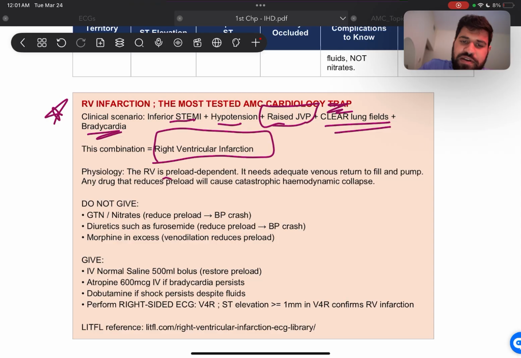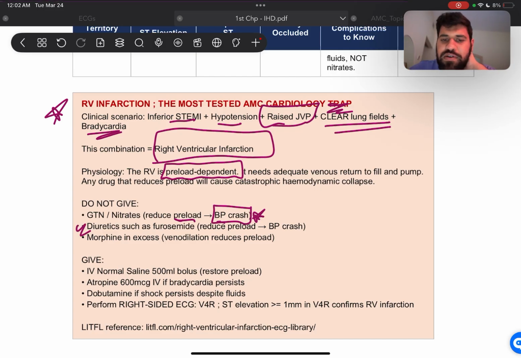Now, as I said earlier, the right ventricle is preload dependent. If you don't know what preload is, think of the heart as a balloon, which it is. Preload is the amount of air that is pushing against the wall of the balloon, and in this example, the amount of blood that's pushing against the walls of the heart. Afterload is the resistance it feels from the blood already in the circulation. In this, it is completely contraindicated to give nitrates because they could reduce preload and crash the BP. The patient could die. Diuretics as well, because again they reduce preload. Anything that reduces preload, we do not give in right ventricular infarction.